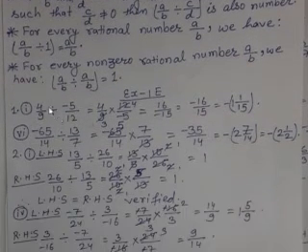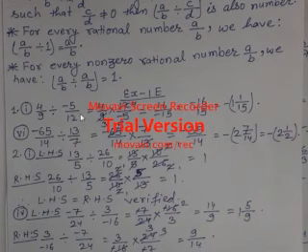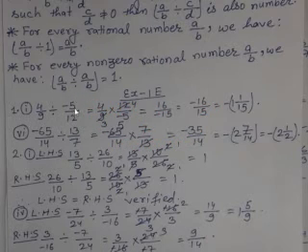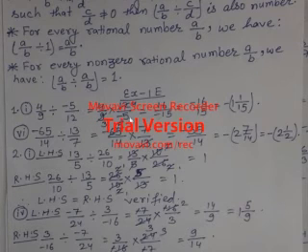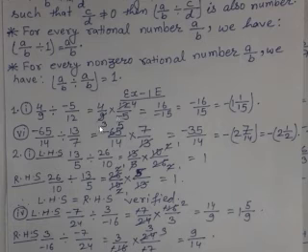The first question is 4 by 9 divided by minus 5 by 12. What happens when we change divide into multiply? 12 is in the denominator, when it goes up it will become the numerator, and minus 5 is in the numerator, when this divide changes into multiply, it will come down and become minus 5. You can see I am reducing in the middle step only. In the example it was not done; it was done by multiplying first, up and down, and then reducing. You can reduce in the middle step also, like I am doing, or you can do it like the example, no problem.